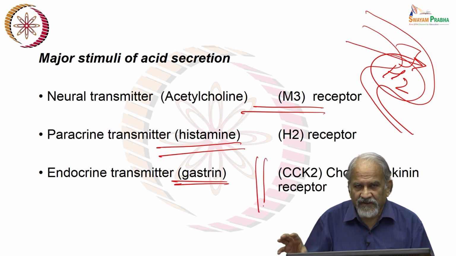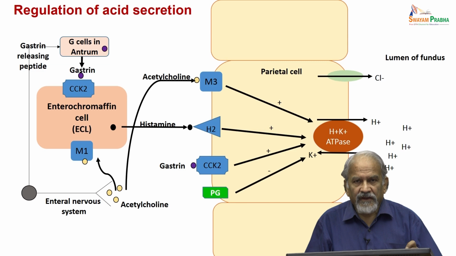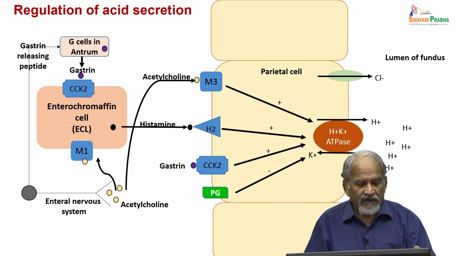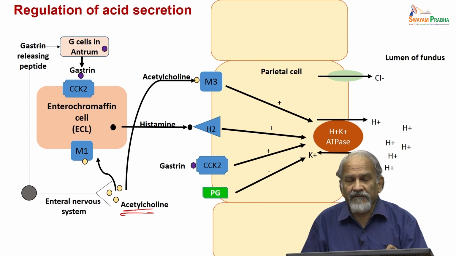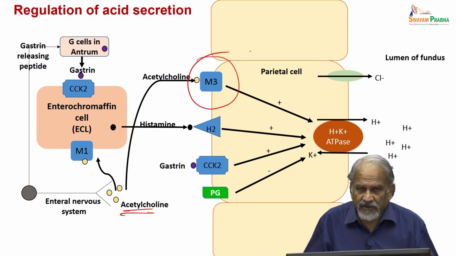Cholecystokinin also causes release of histamine, H2 stimulation and muscarinic receptor stimulation, and thereby is also an important factor. If you just see this diagram, you will see that this is the regulation of acid secretion, and you see that the gastrin is released, which will act on enterochromaffin cell and will act on the muscarinic M1 receptor of acetylcholine, and then acetylcholine will also act now on the muscarinic M3 receptor, and